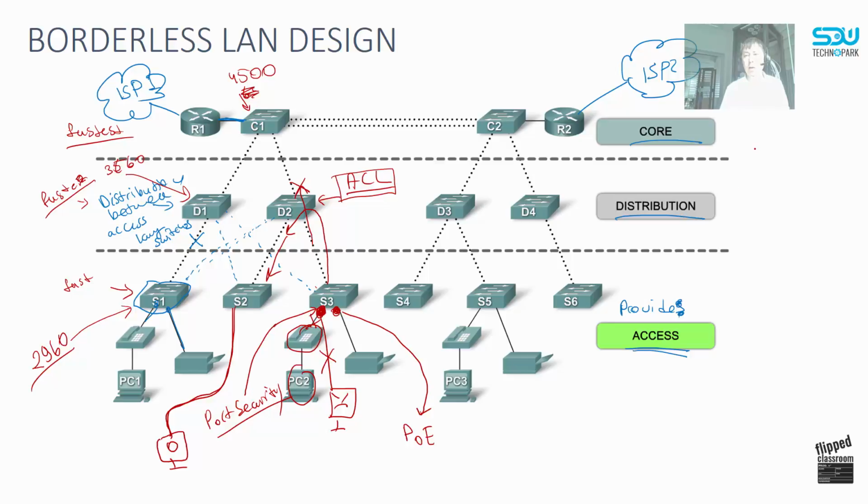Sometimes you may have a collapsed borderless LAN design, in which you will have a collapsed layer, core and distribution in one switch, and then you will have access layer switches like this. So the advantages of this borderless LAN design are good scalability,